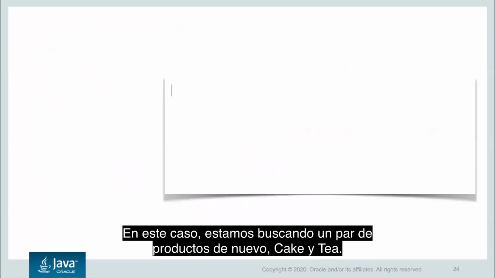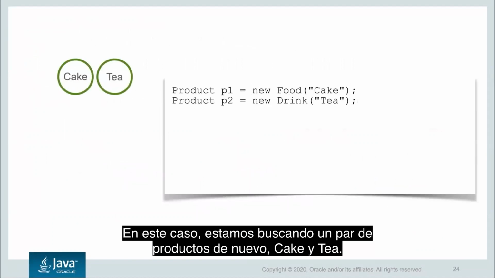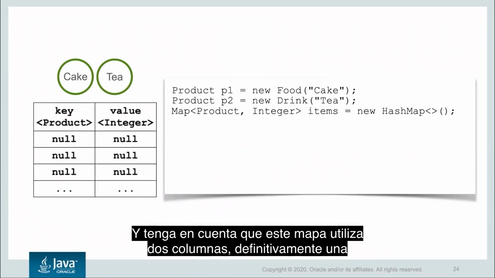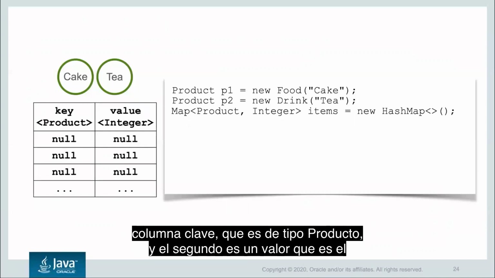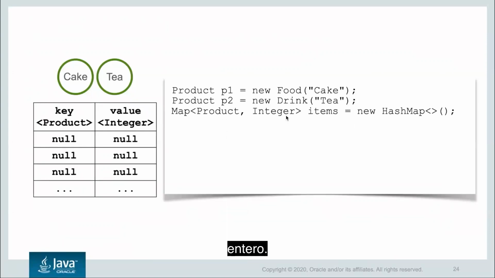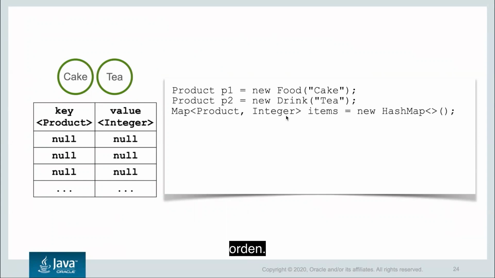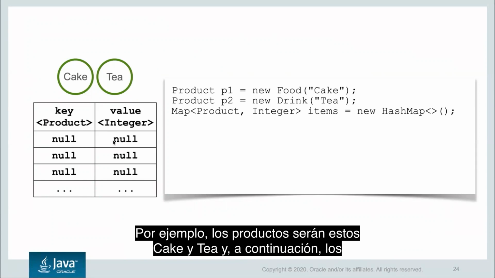In this scenario, we're looking at a pair of types again, K and T, and then we're allocating a map, a hash map. Notice that this map is using two types: the first is the key, and the second is the value, which is the integer. Let's assume that we're storing products and their quantity, like an order. For example, the products will be